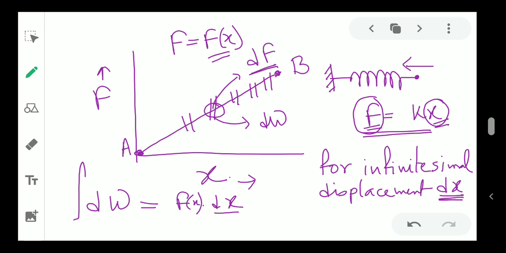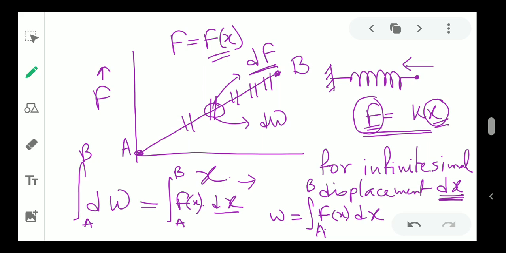So in that case what I will do, I will integrate from a to b. So there will be integration as well. Just like I have found out before the potential energy, and you have seen this kind of integration there. So we can say that W is equal to integration of F dx. Or you can better say this integration will happen only when force is a function of x. So the F dx,